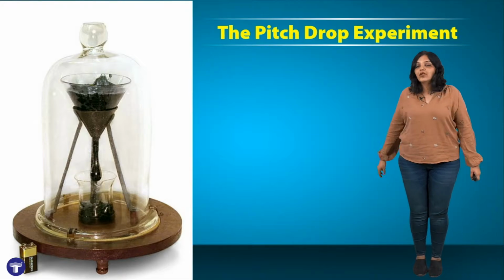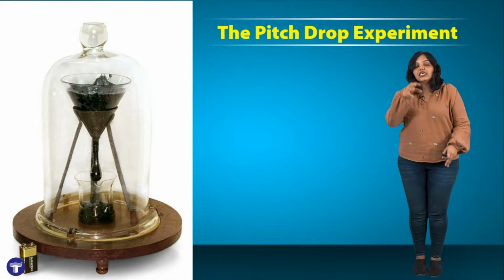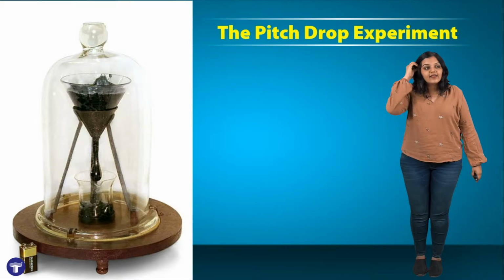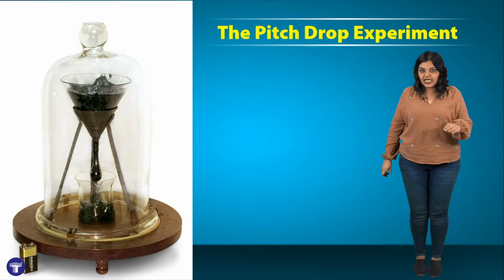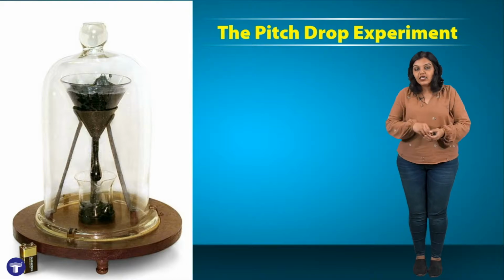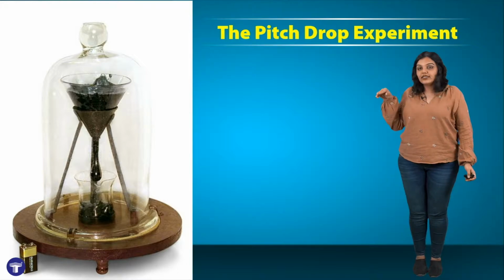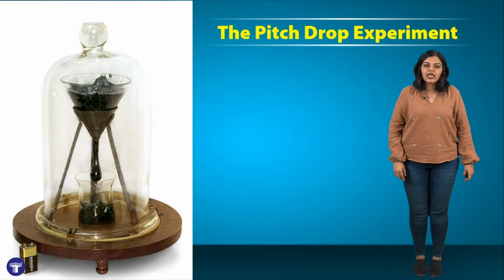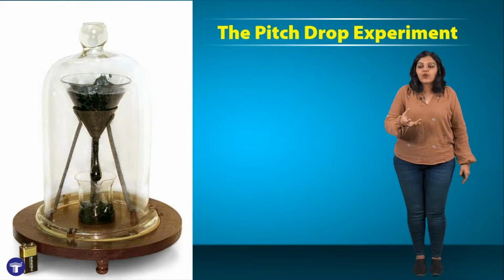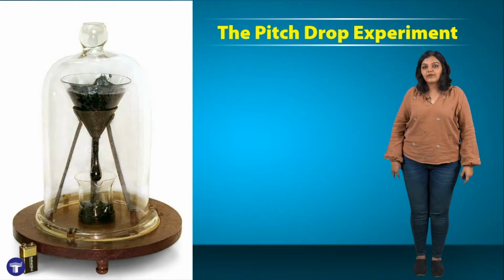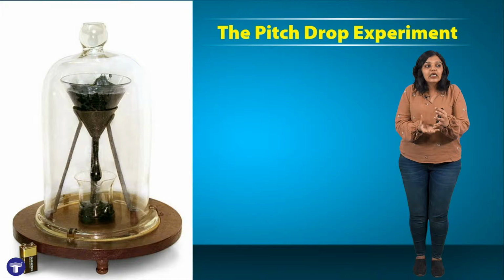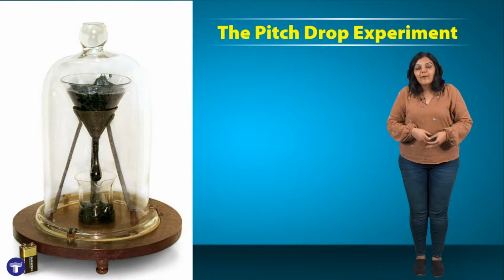Actually, this black liquid, which we call pitch, was poured into this funnel in 1927. And then for 3 years it was allowed to settle, and then in 1930 they cut the end of the funnel and allowed that liquid to flow down into the beaker. Now imagine what would happen if we had poured water into this funnel. The water would come gushing down and it would be collected into the beaker in a matter of seconds,